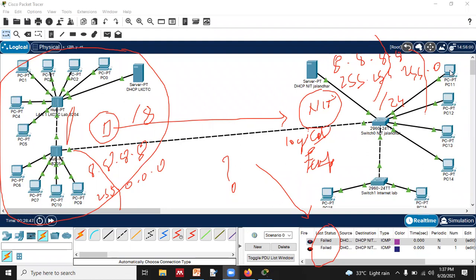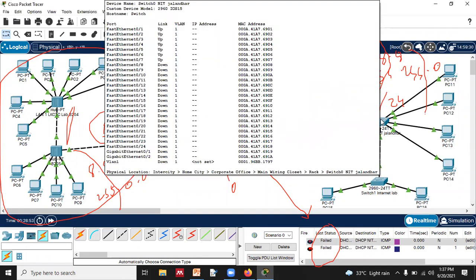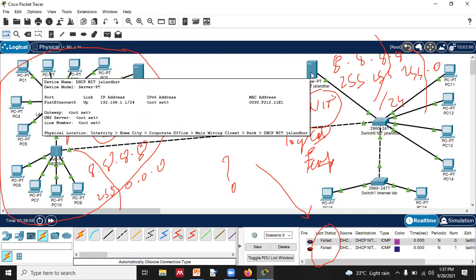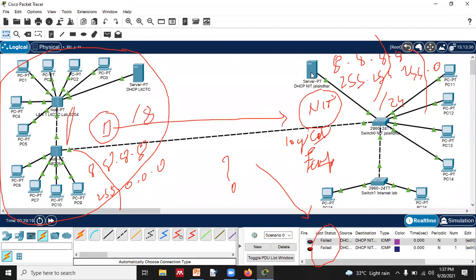If you want to see, you just check it out. Just have the cursor in this, right? Over here in the server, just see what is written: 192.168.1.1/24. That 24 signifies how many bits are being used for the network address. How many bits are used? 24. Means the first octet is consumed, the second octet is also consumed, the third octet is also consumed. That's why it is coming 24 over there.